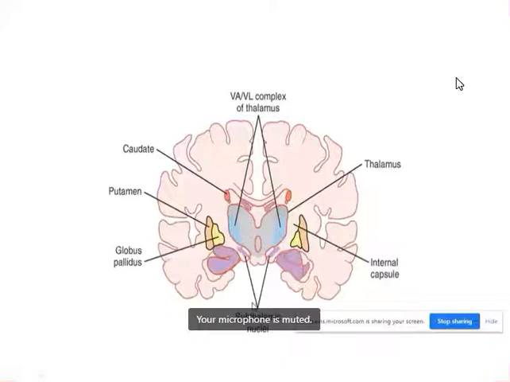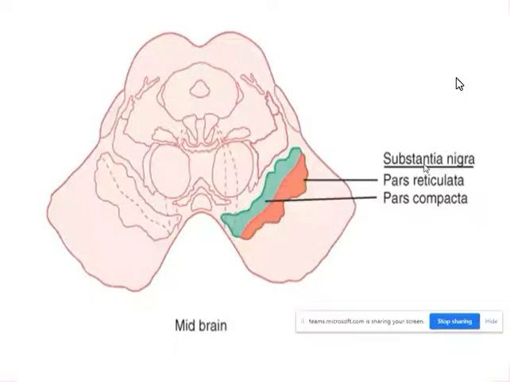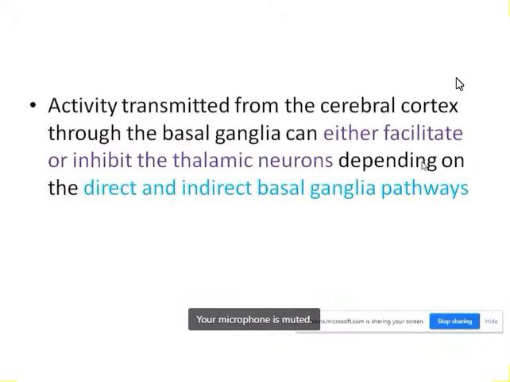Now, if you look here, what type of information will go from the basal ganglia to the cerebral cortex? I have told you that the basal ganglia receive the information from the cerebral cortex, isn't it? And from the basal ganglia the information is also going to the cerebral cortex. So there is to and fro movement. It will take the information, and again it will give the information to the cerebral cortex.